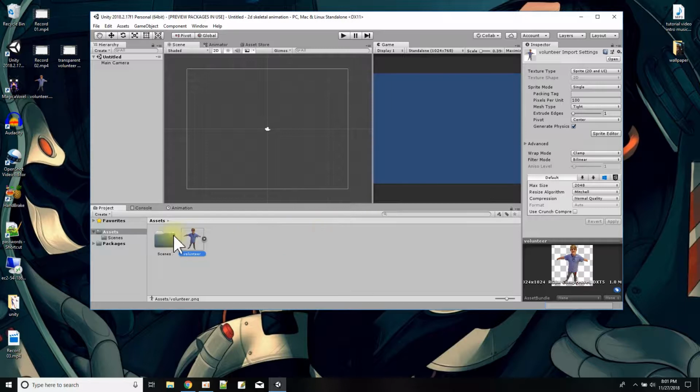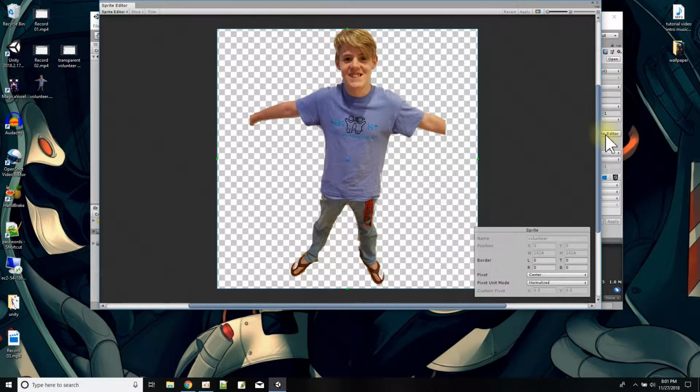And we're going to do some editing for this sprite. When we dragged and dropped it into Unity, it became a sprite. Okay, so here in the properties for the sprite, there's a sprite editor. I'm going to click that. Now, sprite editor, this is where we're going to add the bones to the image so that we could do